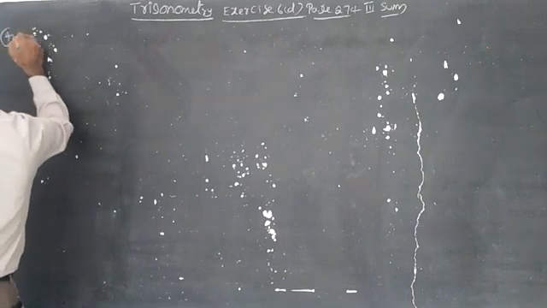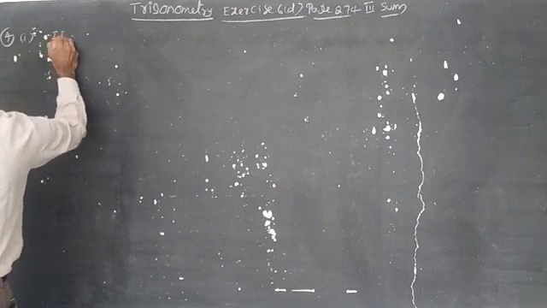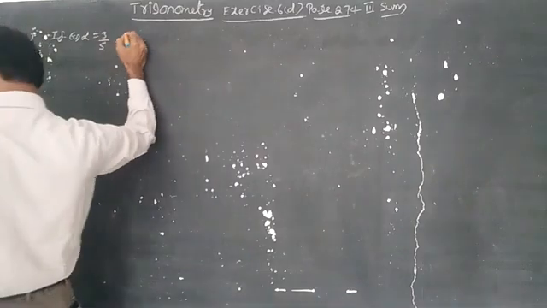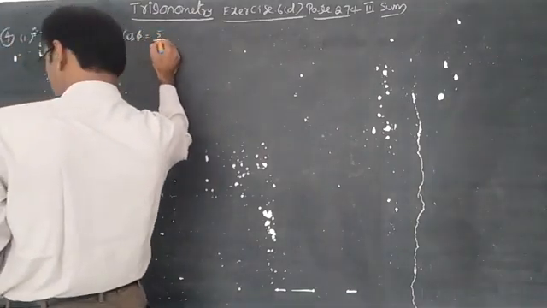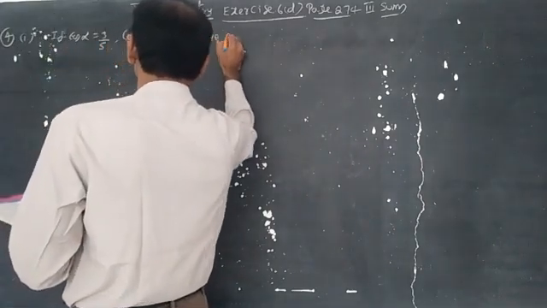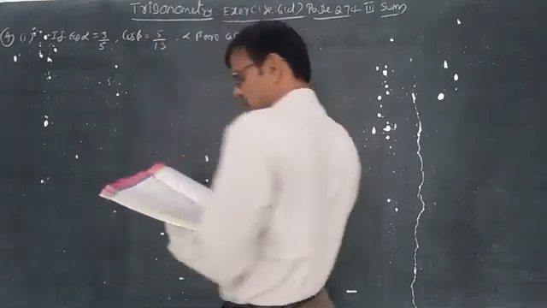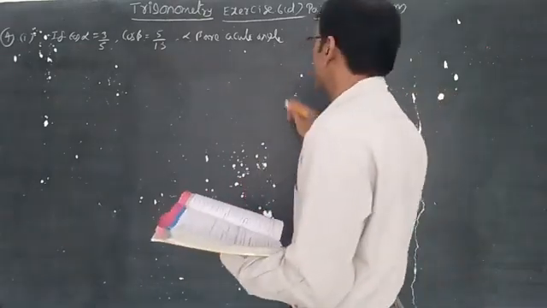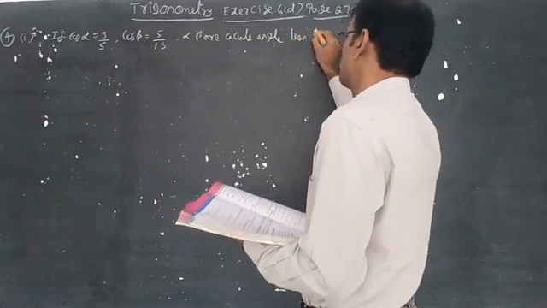Roman number 3, fourth question. First part: if cos alpha is equal to 3 by 5 and cos beta is equal to 5 by 13, alpha, beta are acute angles. Whenever alpha, beta are acute angles, we can understand that they are below 90, so alpha and beta are in Q1, first quadrant. Then prove